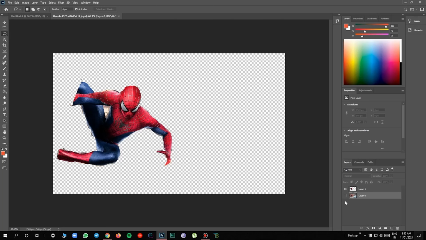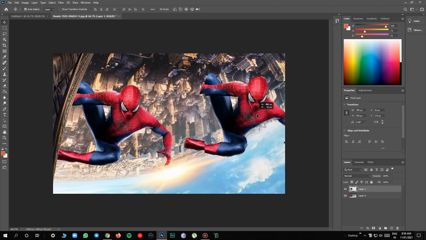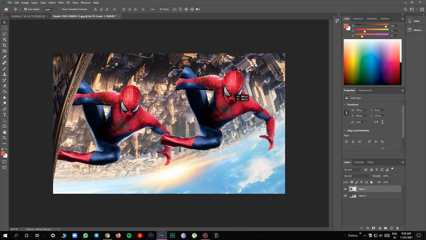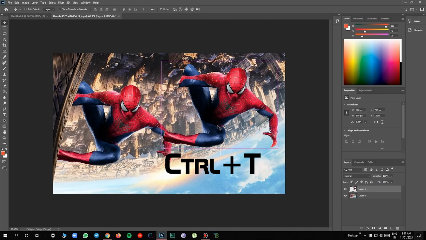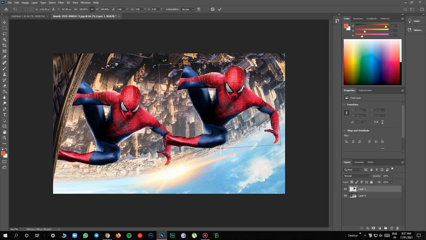As I told you guys earlier, these checkered parts are transparent. So using the move tool, let's move the other Spider-Man out to duplicate the one before. Then press Ctrl T and then tilt it a little, or that's your wish according to your editing. So let's put minus 100% width so that it turns totally.